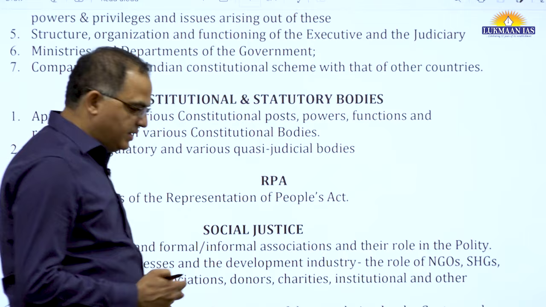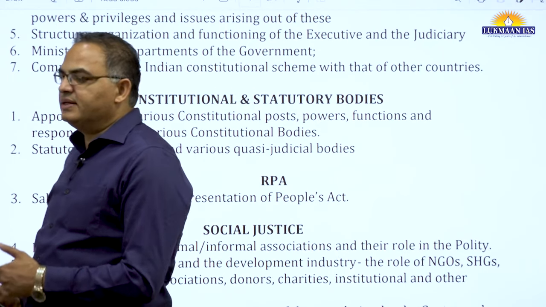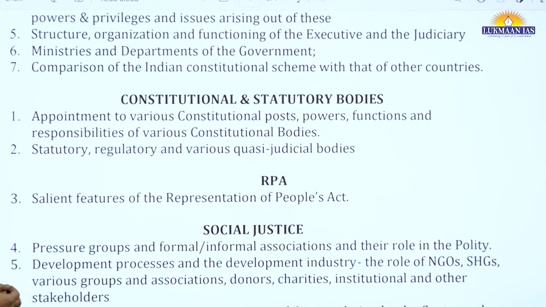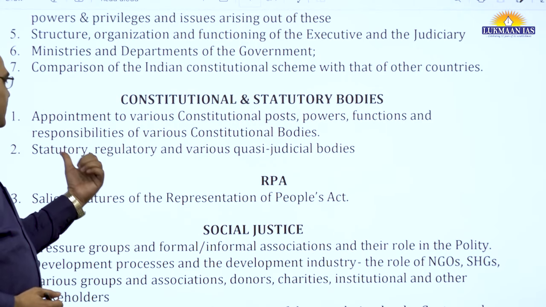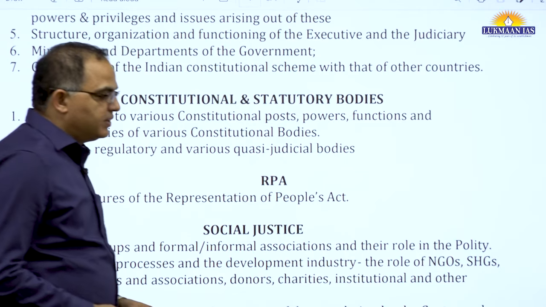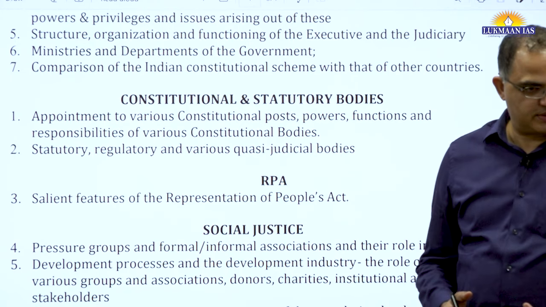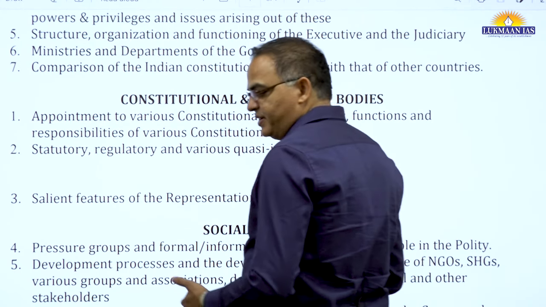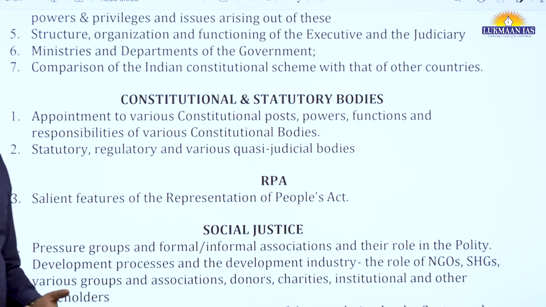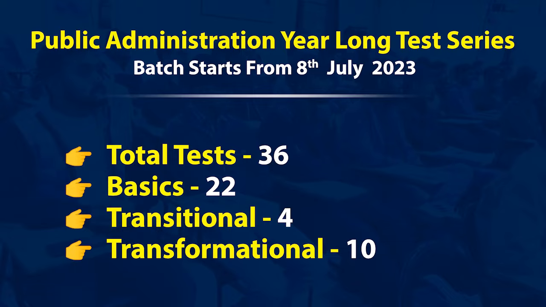And then they have specified certain institutions. Although traditional polity will include some of the constitutional bodies, when they mention it, it means it has importance and they are trying to give it importance. Plus, they mention not only constitutional bodies, but also statutory, regulatory and other quasi-judicial bodies. Why are they mentioning these? Because if you take 20 or 30 years back, regulation was not important. But today, regulation has become very important. Many regulatory institutions, you may have heard, SEBI, Competition Commission of India, IRDA, etc. So they have been included in the syllabus.